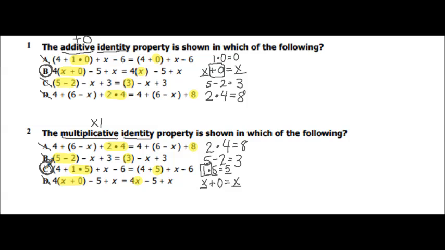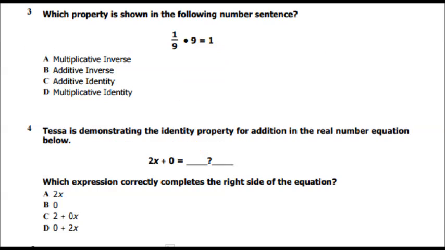So I want answer choice C because that's the one that's showing the identity not changing, but with multiplication. Which property is shown in the following number sentence? So if I have 1/9 times 9 over 1, we can flip that and find the reciprocal. If I take 1 and 9 and flip them to the other side of the fraction, I get 9 over 1. And if I'm multiplying,